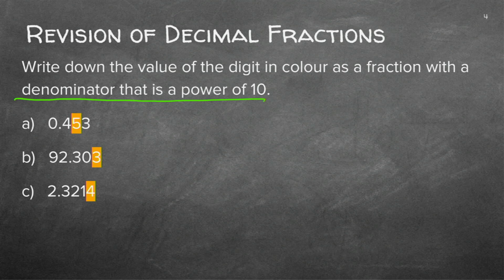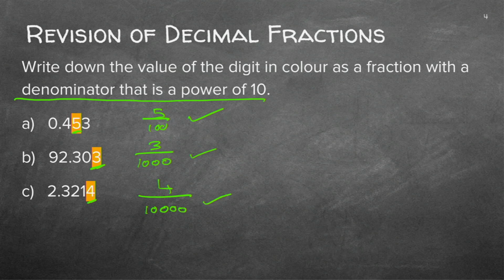Cool. So they ask us to write the 5 as a fraction with a denominator that is a power of 10. So 5 will be 5 over 100. Correct, if you've got that one. Then 92.303, the 3 then will be 3 over 1,000. And the last one, 2.3214, now we've got tenths, hundredths, thousandths, and that one is ten-thousandths. So it's 4 over